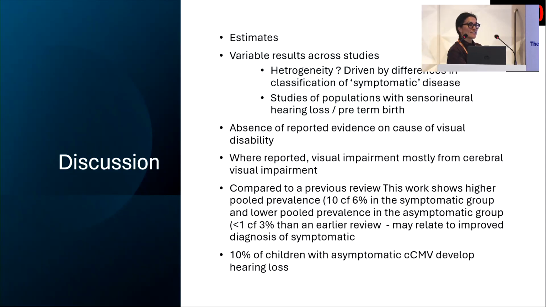There has been a previous similar study published in 2012, and actually our pooled prevalences seem higher in the symptomatic group and lower in the asymptomatic group, so probably more clear-cut in terms of how one would screen. And those differences in result probably do relate to those changes in diagnostic criteria, because if we're better at picking up symptoms, doing more brain scans and looking harder against those diagnostic criteria, there are possibly more children in the symptomatic group than would have been